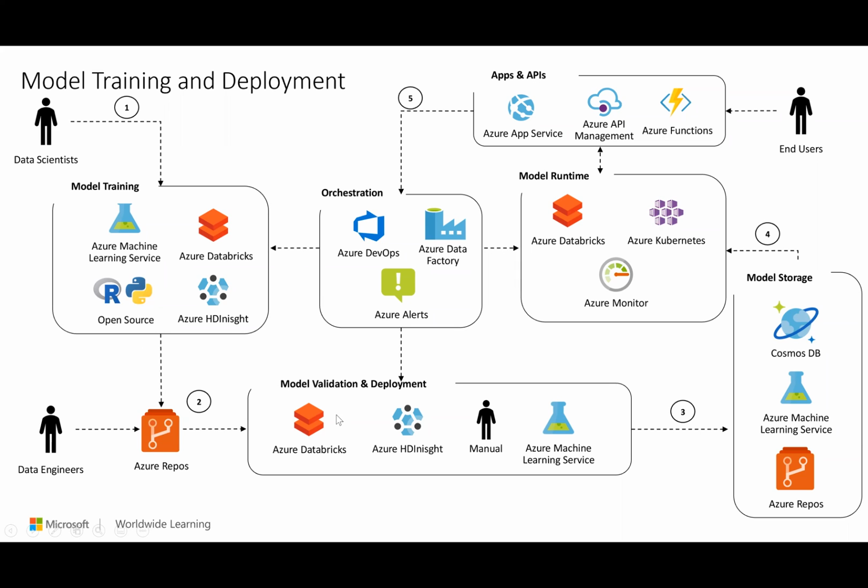Typically what we see happening, not in HDInsight but in Databricks, is either manual or with something like Azure Machine Learning services. And then, once we can test that the model works, we're storing that model, and you can do Cosmos DB. The only use cases I've seen for that are things like TensorFlow or different neural nets, where you can store that big graph inside of a database like Cosmos. But typically you're storing it in Machine Learning, or in some sort of repo. And then you're going to deploy it, right?